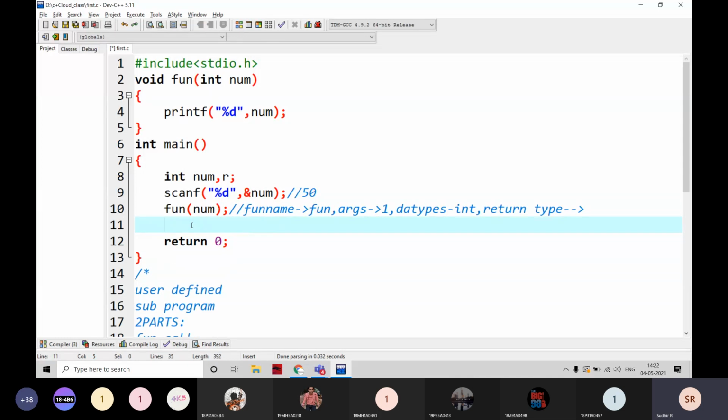For example, instead of writing like this, I am going to print something, %d comma fun of num. In all these cases, the function has a return type.